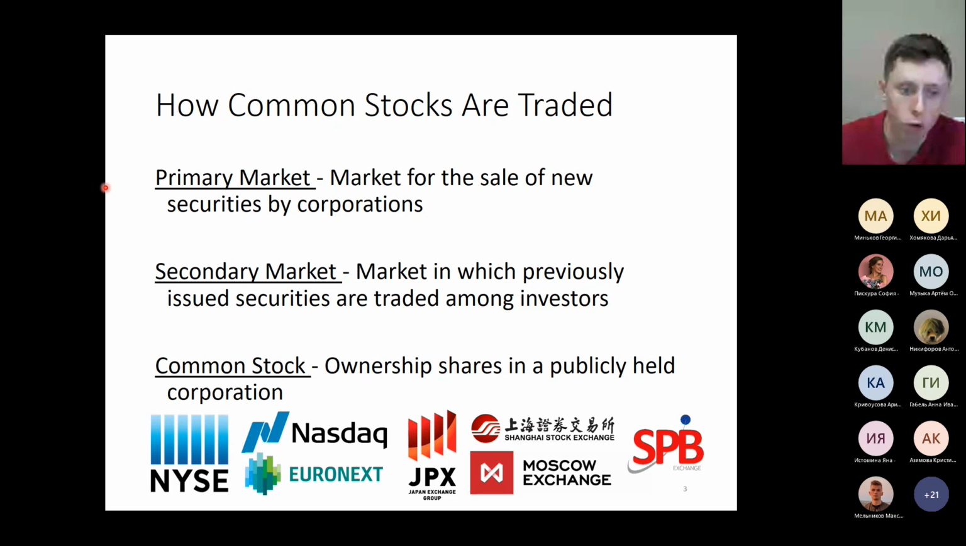Here we also have two other terms, primary market and the secondary market. The primary market is the market to sell the new securities by the corporations, the issuing of new stocks. When the firm does it first time, it is called the initial public offering, IPO. But a firm can have multiple rounds of offering its stocks to the market, and subsequent